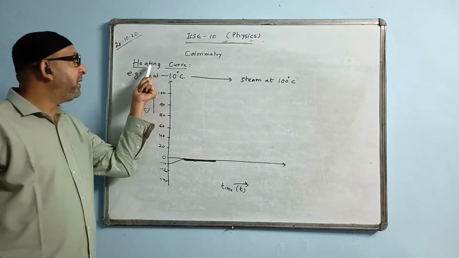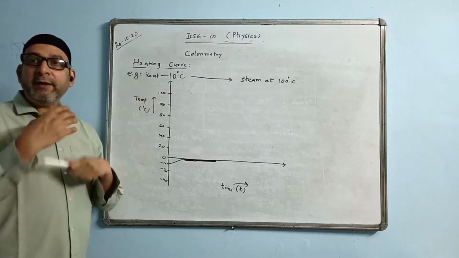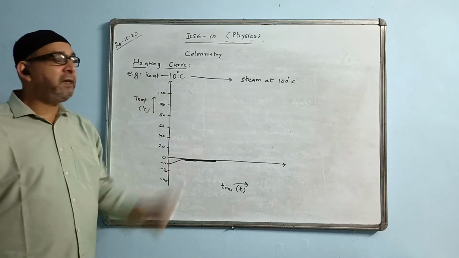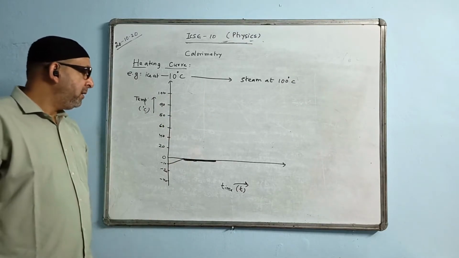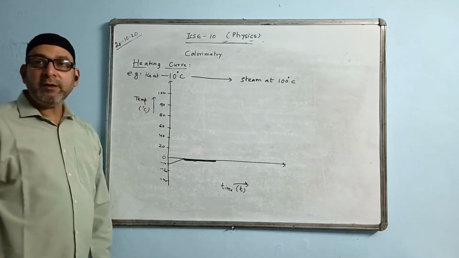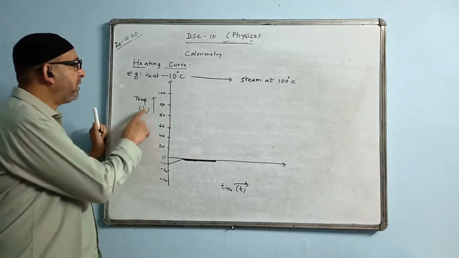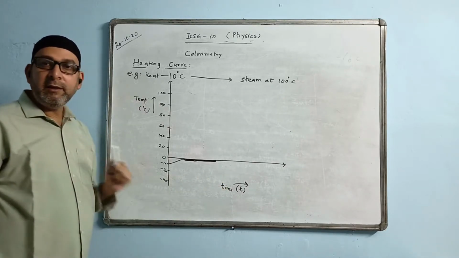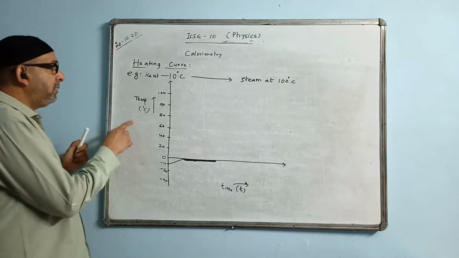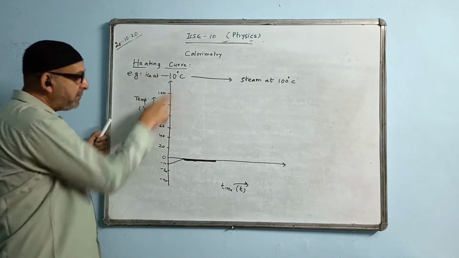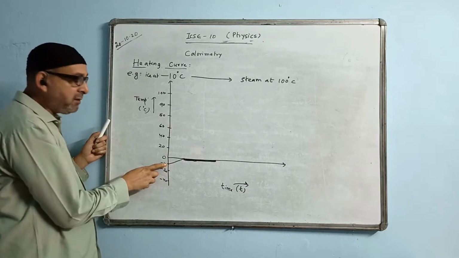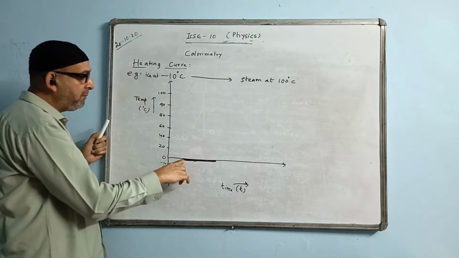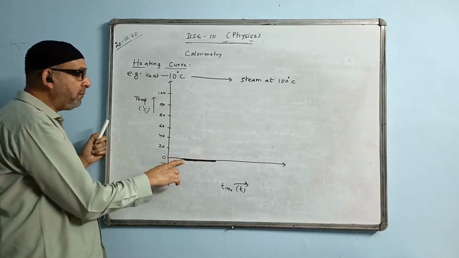We are doing the heating curve, and we are showing how we can convert a certain mass of ice at minus 10 degrees Celsius into steam at 100 degrees Celsius. The question is to draw a heating curve to show the conversion. So for that we are taking two axes, temperature in degrees Celsius and time T here, in seconds or in minutes. The temperature of the ice initially is minus 10, so it is not going to change its state there. There will be a change of temperature. Then as you heat, the temperature will rise like this. It comes to 0 because 0 degrees Celsius is the melting point of ice.